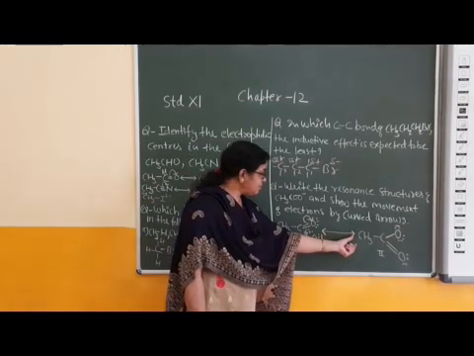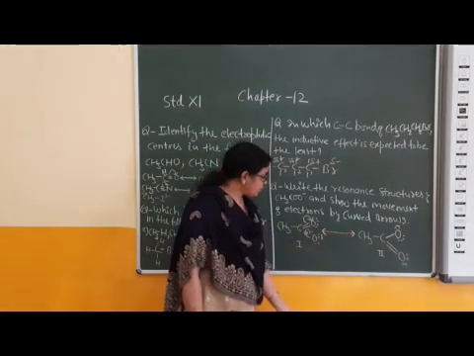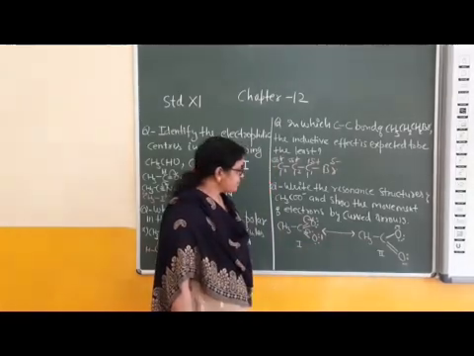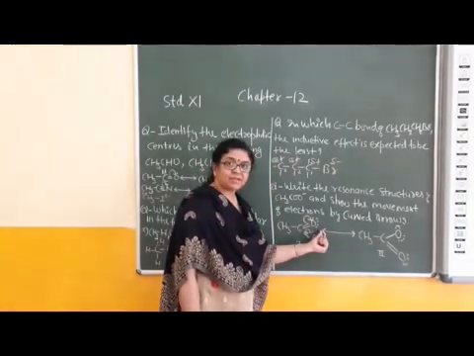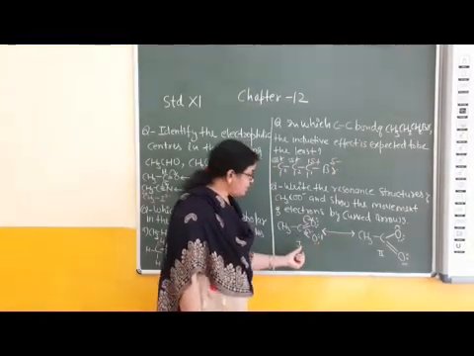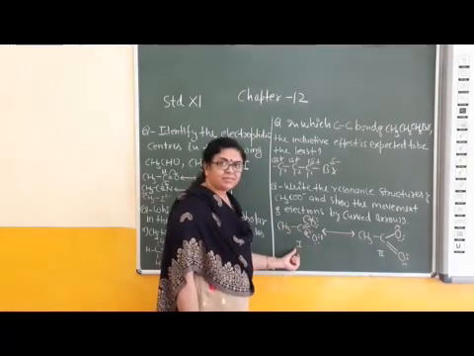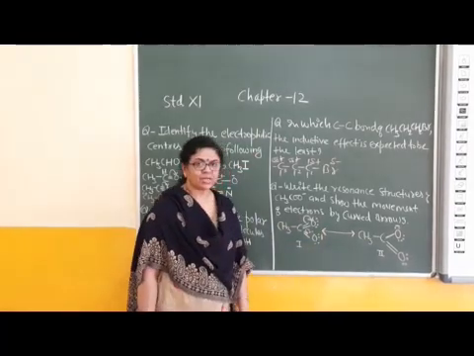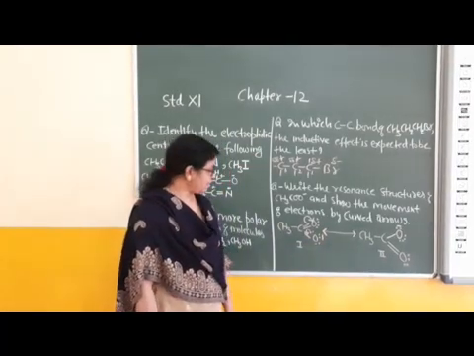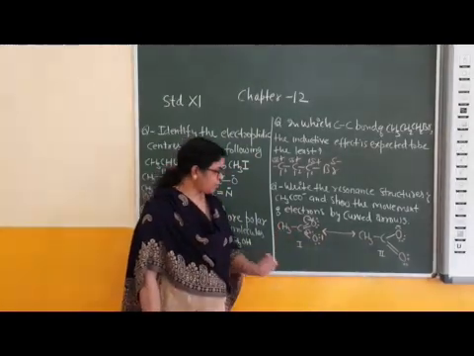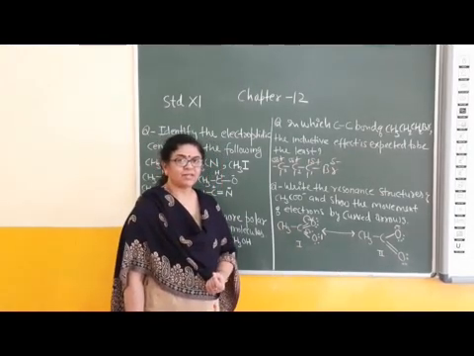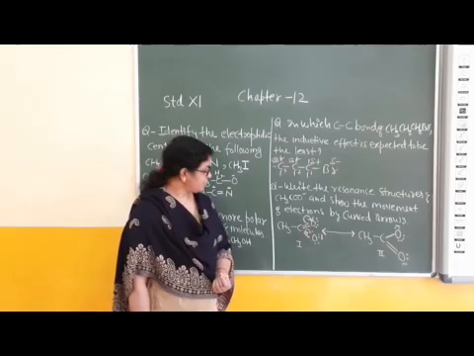This head of the arrow is showing conversion of this structure into this. And the second head is showing conversion of the second structure into the first one. Right? This is the scientific notation for resonance. Okay children? Each form is also known as canonical structure or resonating structure. Okay children?